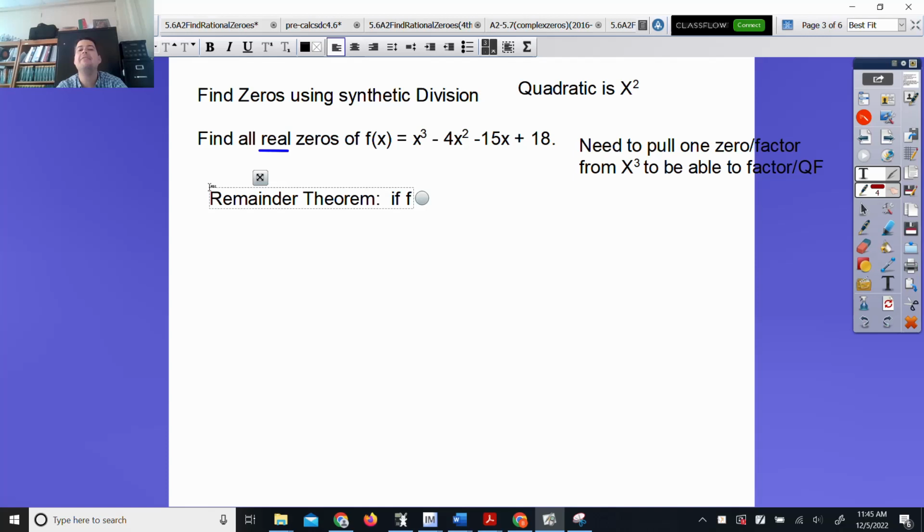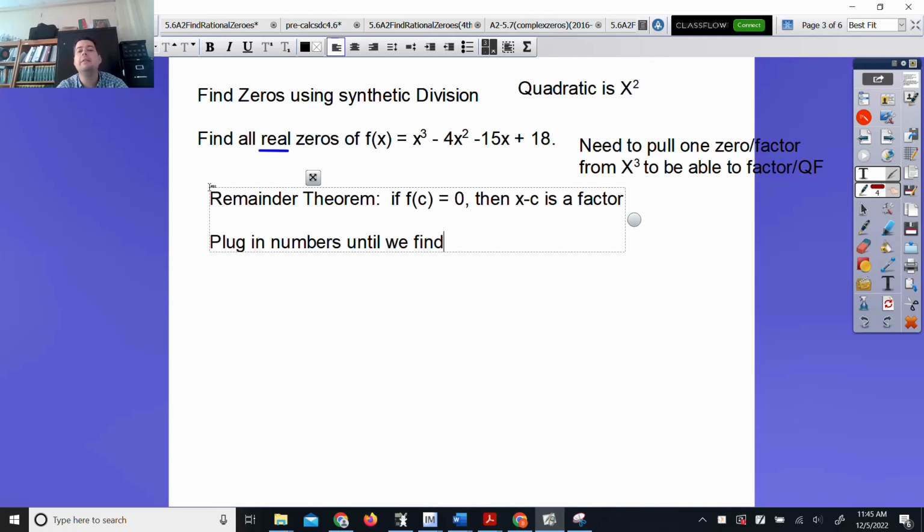Remainder theorem says if f of some constant is 0, then x minus the constant is a factor. That's a big deal. Hopefully that f of c doesn't throw you off. It means you let x be a number, and if you get a 0, so be it. So what the remainder theorem is telling us we can do is plug in numbers until we find a 0. So I'm going to plug in some numbers until I find a 0, and then we will synthetically divide out